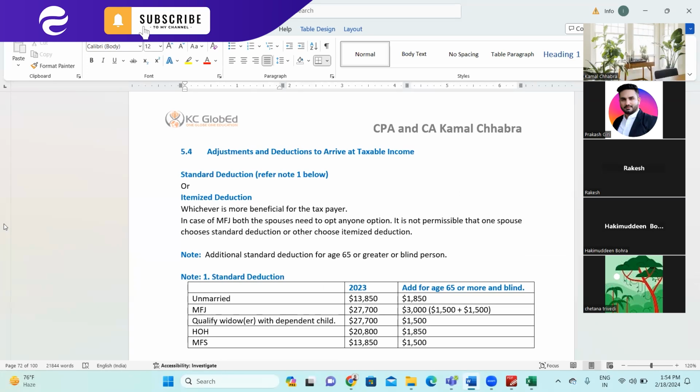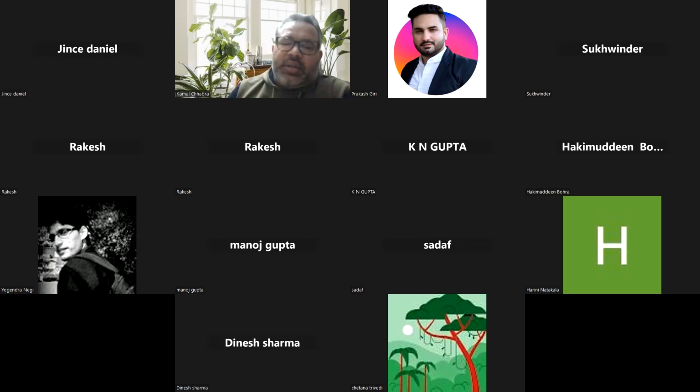After that, we'll be covering adjustments and deductions, which is like the next phase. By completing this S corporation and partnership firm topic, we'll reach the adjusted gross income. So from the adjusted gross income, then we jump into the itemized deduction or standard deduction. So next week we'll finish off both itemized deduction and standard deduction, and then I think it may take probably one more week for tax credits. There are 13 tax credits, so maybe in 2 classes we'll finish those, and then we'll come to the tax planning part of it, right?